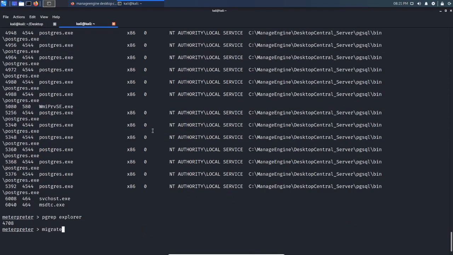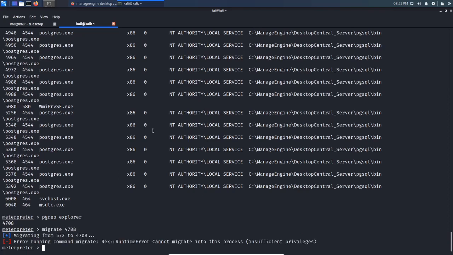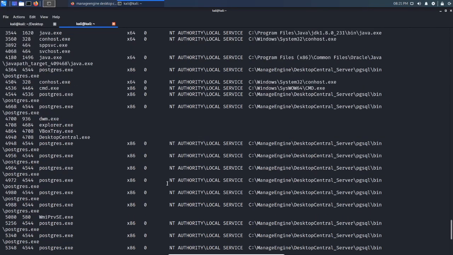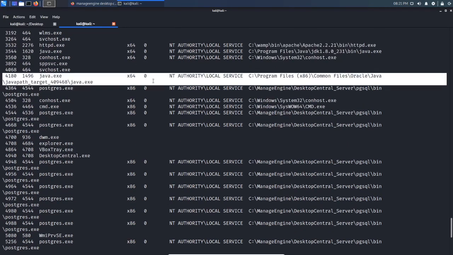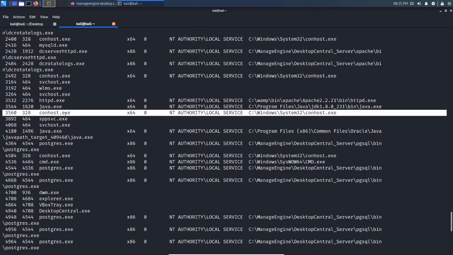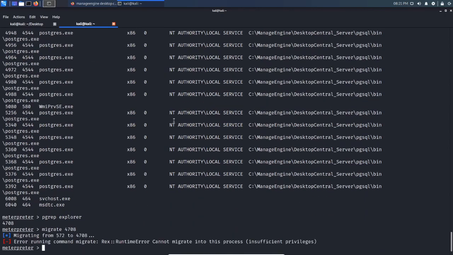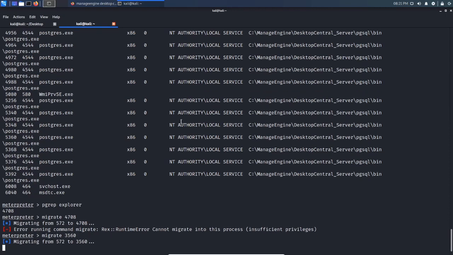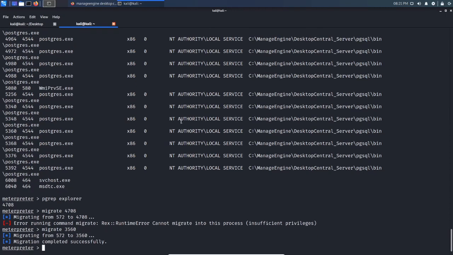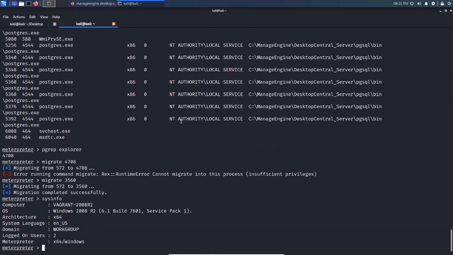So we can say migrate 4708. I doubt we'll have the relative permissions. There we are. We can see we don't have the appropriate permissions, but we can look for a 64-bit process and try to migrate into it. I'll try to migrate into conhost.exe, so that is 3560. We say migrate 3560, hit enter, and let's see if we can get a 64-bit Meterpreter session. There we are. We can say sysinfo,